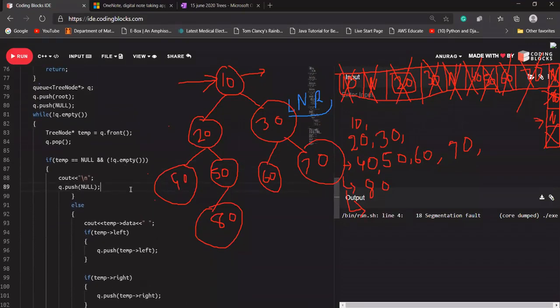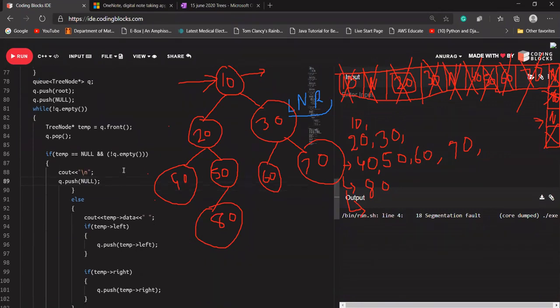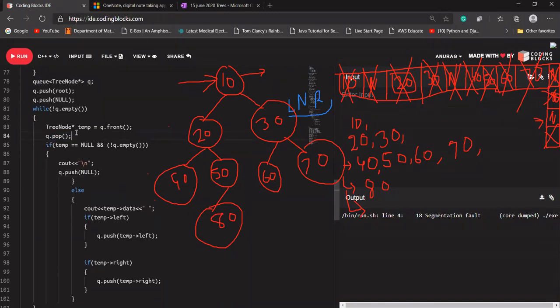Don't we have to pop the null? Sir, if temp is equal to null, yes, we have already popped that null straight here. Means either if it is null or anything, we have already popped that.